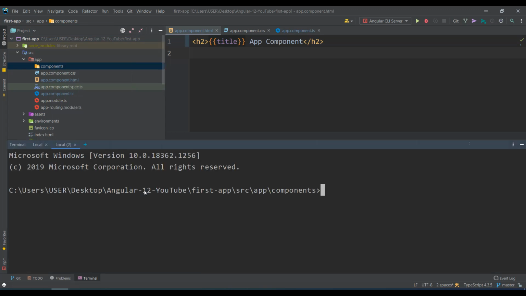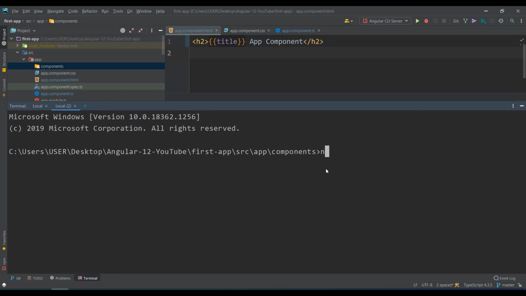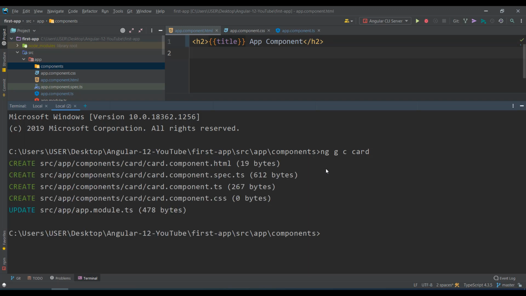It opens exactly at the components location, and now say ng g c card and press enter. See, it has created the HTML file, spec, ts, and css, and it has also done some update in app module.